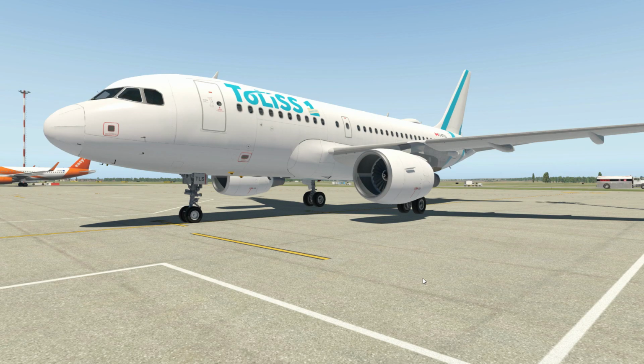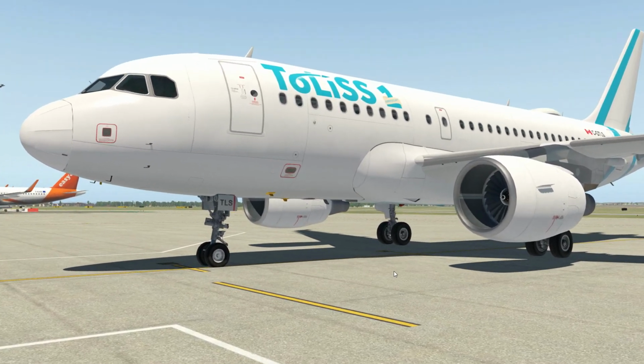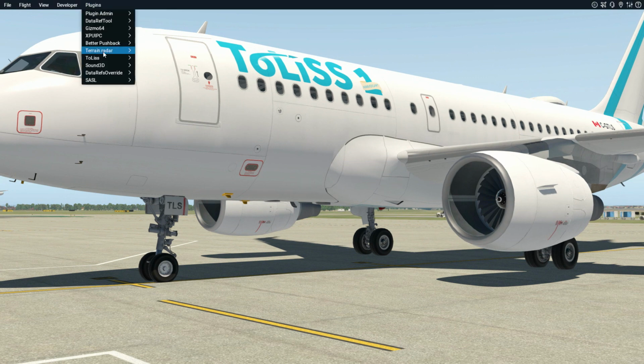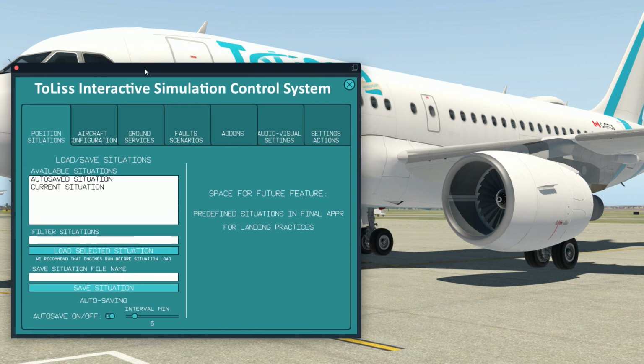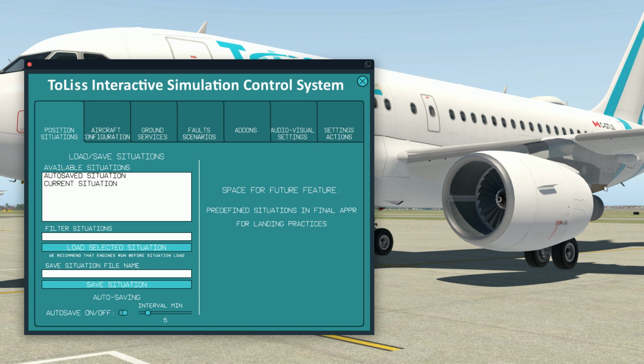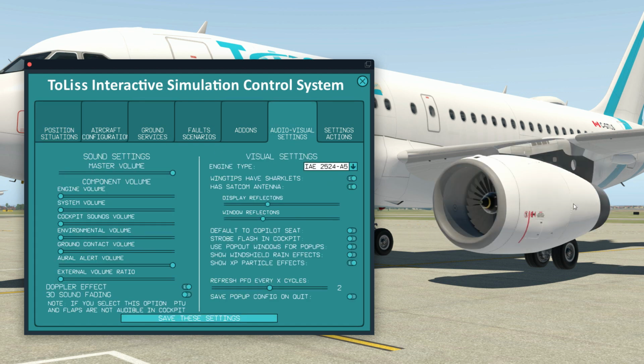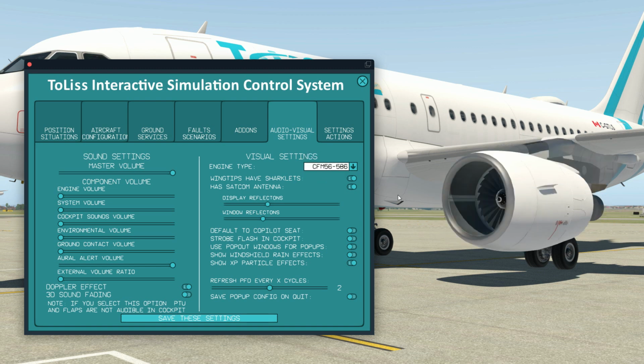To show you this working, I've got the A319 loaded in Xplane. This has been running since I started recording the video, so the changes that we've made to it have not yet been affected. So if we open the ToLiss plugin menu, we can see that we're on the CFM engine at the moment. If we go to audiovisual settings, change to IAE, you can see that the mount and the engine both change. Go back to the CFM, it's all the same. Now, we're going to leave it on CFM,